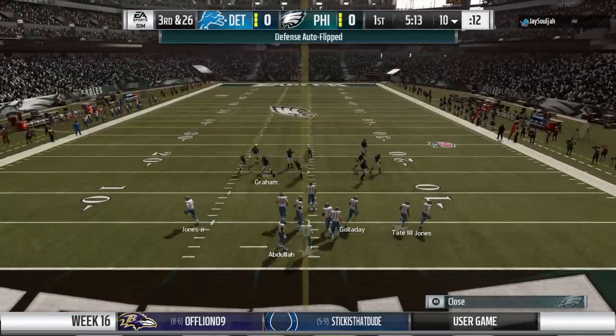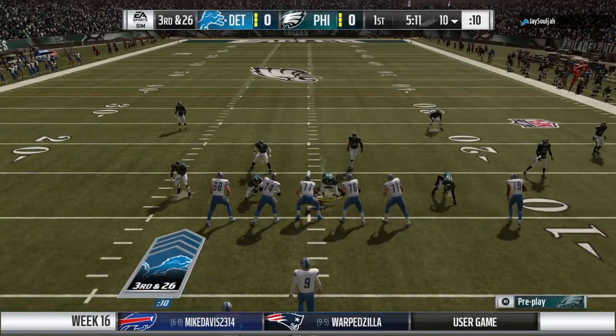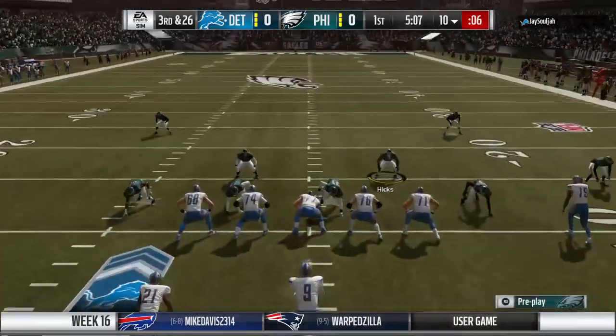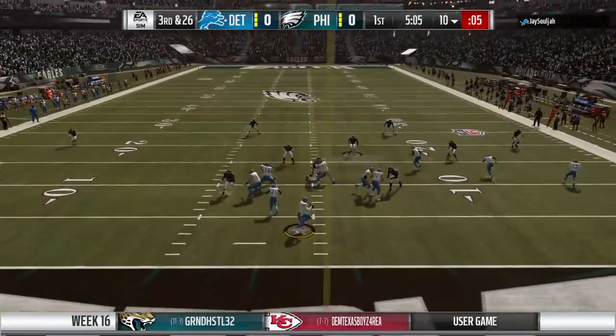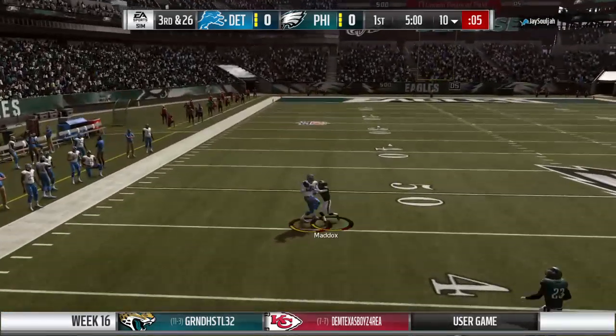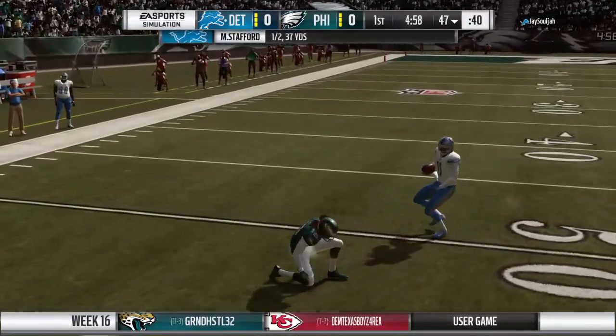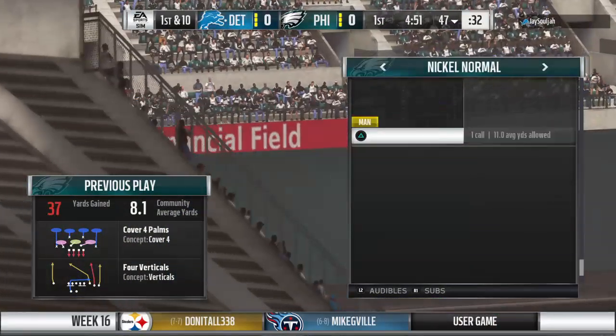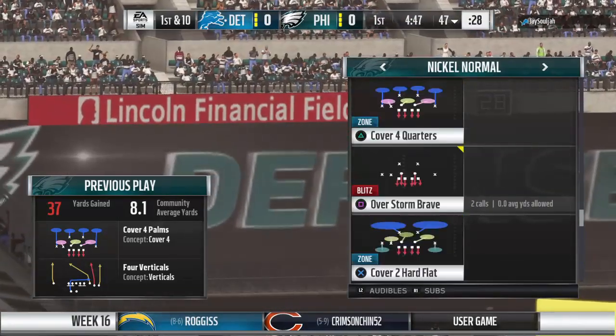And this 3rd down looking very tough after the holding penalty. 3rd and long. Out of the gun, Stafford. He's going to air one out. They've got his man complete. You know, I'm going to lean towards the defender. That's a tough situation for him. The matter is, that ball was not...